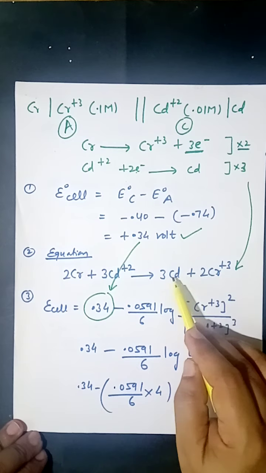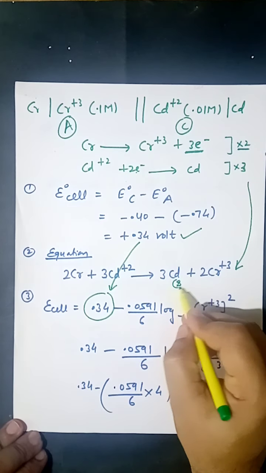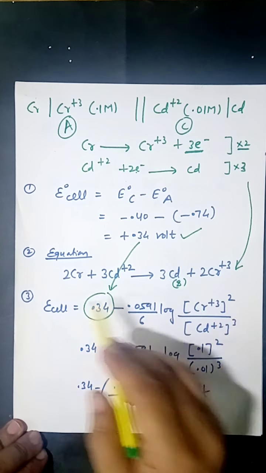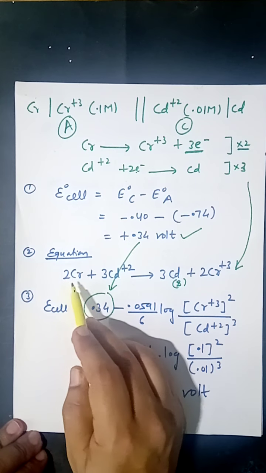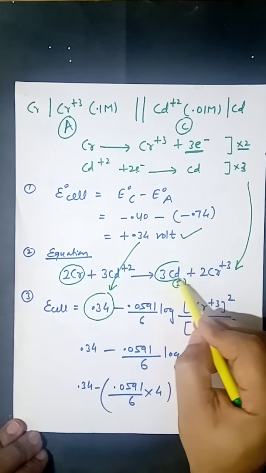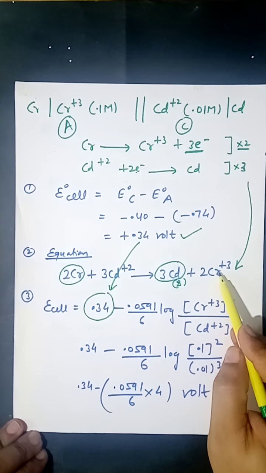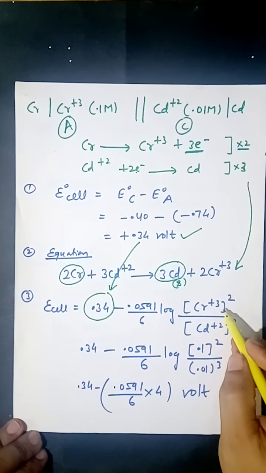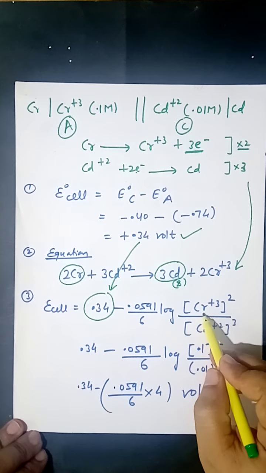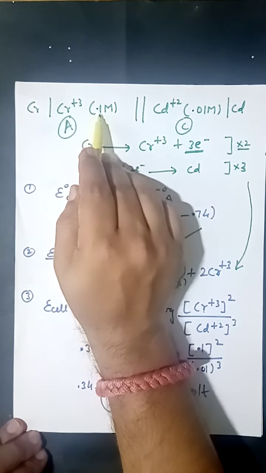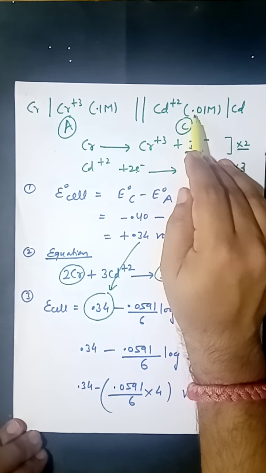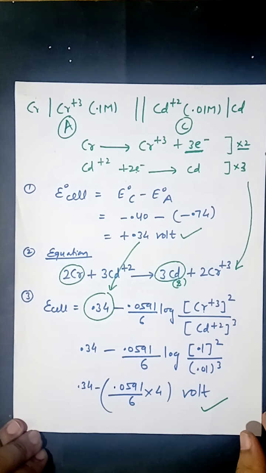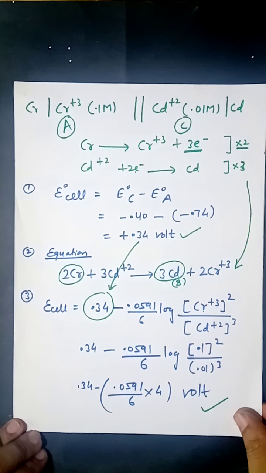So these are products. Cadmium, because it is in solid state, you can avoid writing here because the active mass of solid is always 1. Similarly, the chromium active mass is 1, so no need to write this chromium as well as this cadmium, which are neutral in solid state. So you can simply write chromium plus 3 power 2 and cadmium plus 2 power 3. You know, stoichiometric coefficient is raised to the power. Concentration of chromium plus 3 is given here 0.1 and concentration of cadmium 2 plus is given as 0.01. So place these values, solve, and then you get the cell potential at this particular concentration.